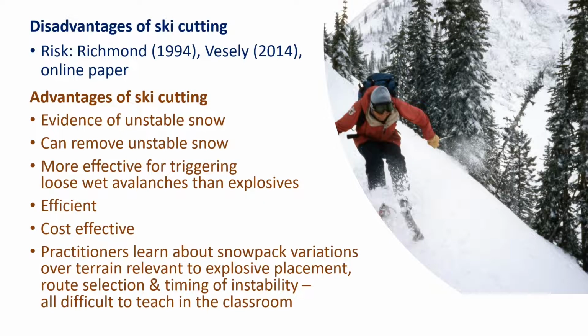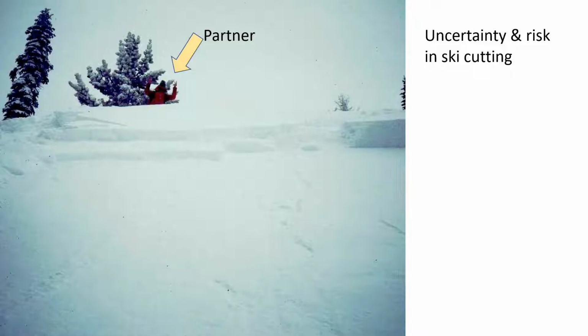In this photo, my partner and I were ski cutting shallow slabs at the Fernie ski area. On this particular slope, a deeper weak layer released, as you can see by the stepped crown fracture. These are my skid marks as I tried to arrest while the avalanche carried me down the slope. Clearly, there is uncertainty in the size of avalanches triggered during ski cutting.